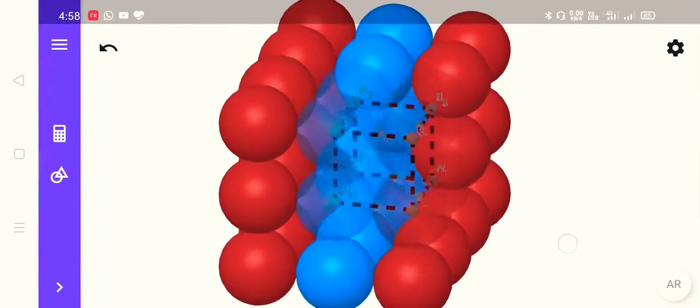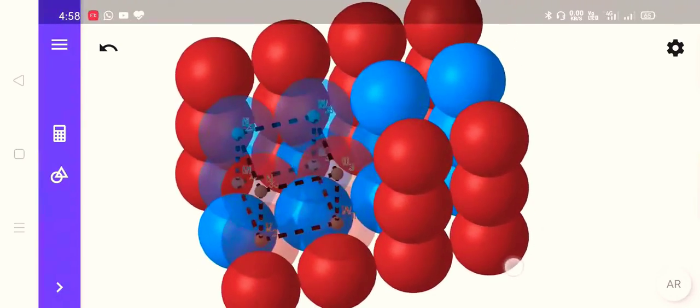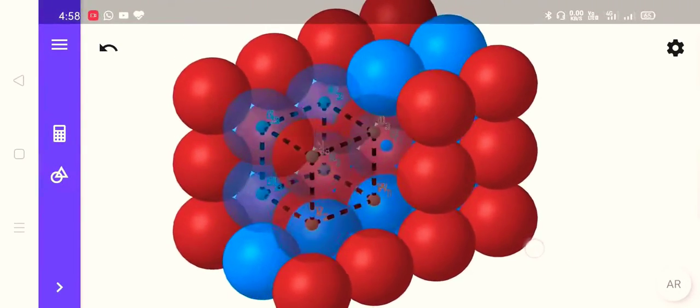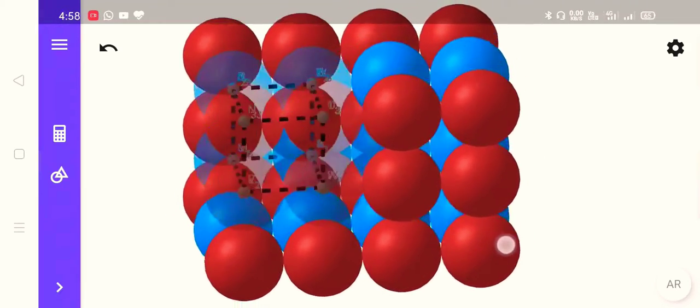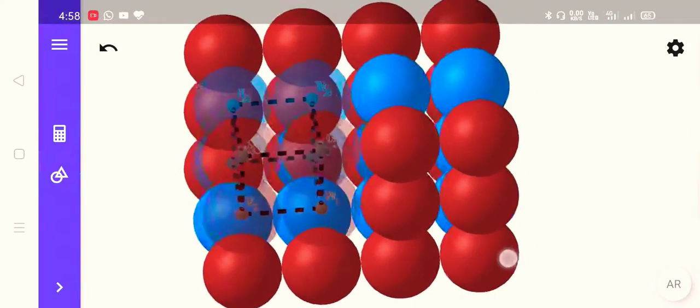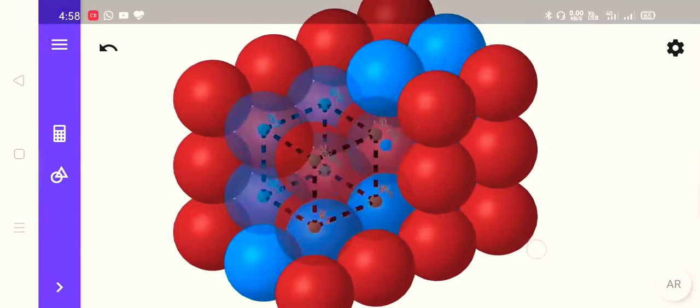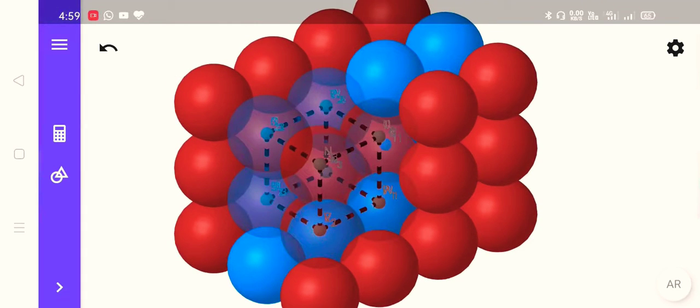When we connect 8 adjacent spheres with each other, you will get a cubic shape, just like a primitive unit cell. All of these spheres are present at the corners of the cube. So this is a primitive unit cell, and when you have a two-dimensional square close pack structure and you create a three-dimensional structure out of it, you will get primitive unit cells. So this is the structure of a three-dimensional cubic unit cell.